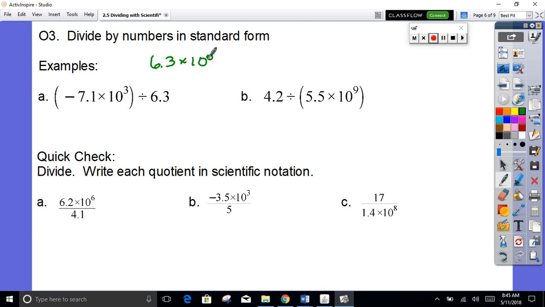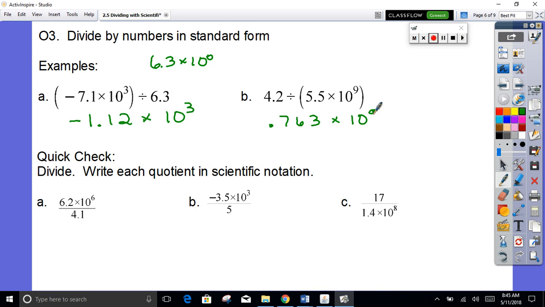So if we do negative 7.1 divided by 6.3, we get negative 1.12, and then we just keep our 10 to the third. For letter B, when we do 4.2 divided by 5.5, we get 0.763. We keep our,